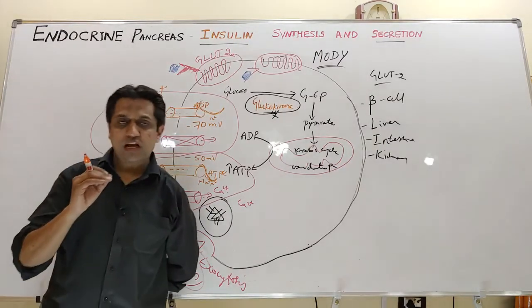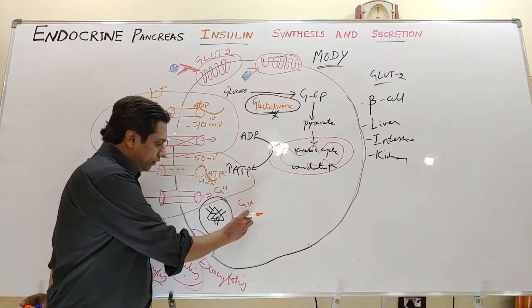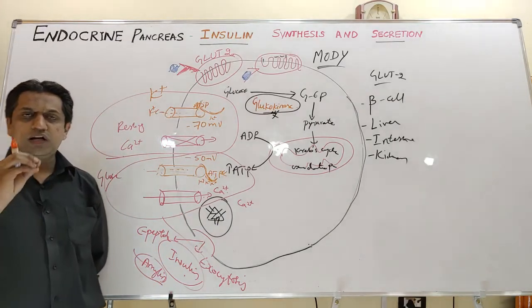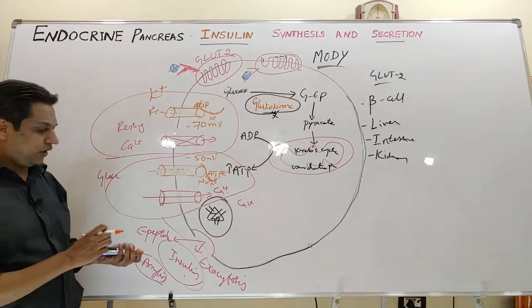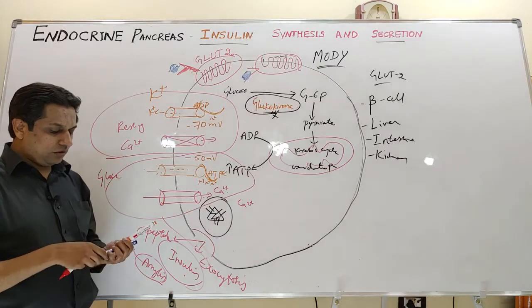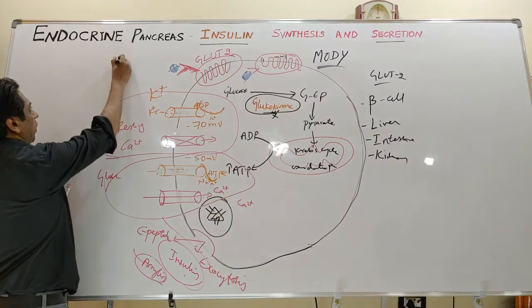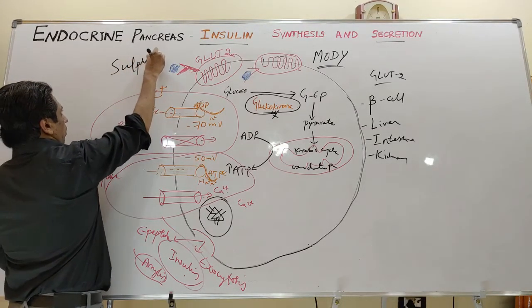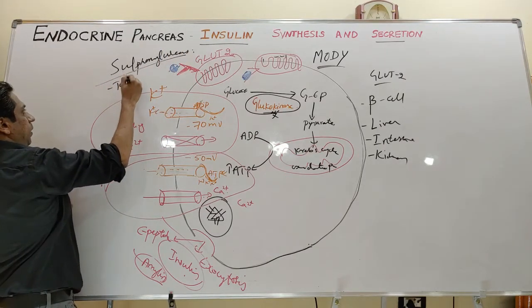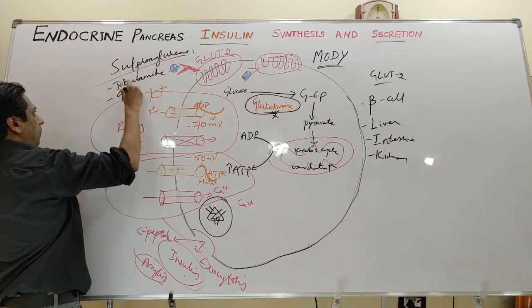So basically what happens in type 2 diabetes, the insulin beta cell functioning is there, but it is reduced, that is, insulin secretion is reduced. So oral diabetic drugs, one example I'll try to give is sulfonylureas. Sulfonylureas, one class of oral hypoglycemic drug. Examples of these sulfonylureas are tolbutamide and glimepiride.